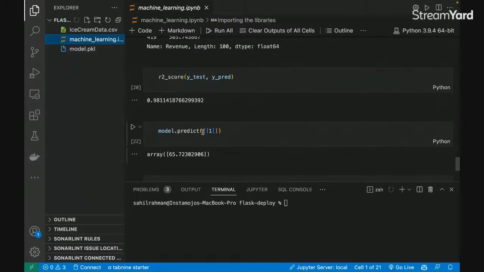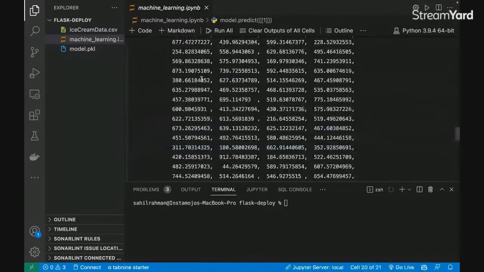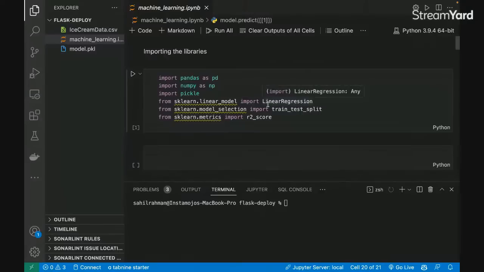If the user provides a manual input, let's say they want to find out what will be the revenue if the temperature is so and so, this is how you can predict the value. Now what we need to do is dump our model so that our response will be very quick. Whenever the user asks us about the revenue while giving the value of a feature, we are not going to run the entire code starting from the top,